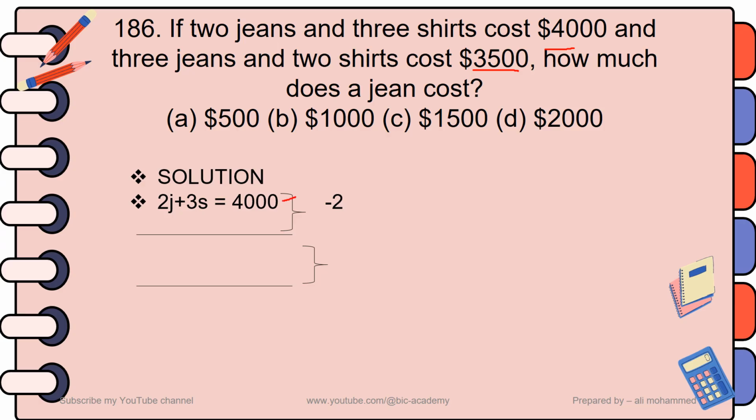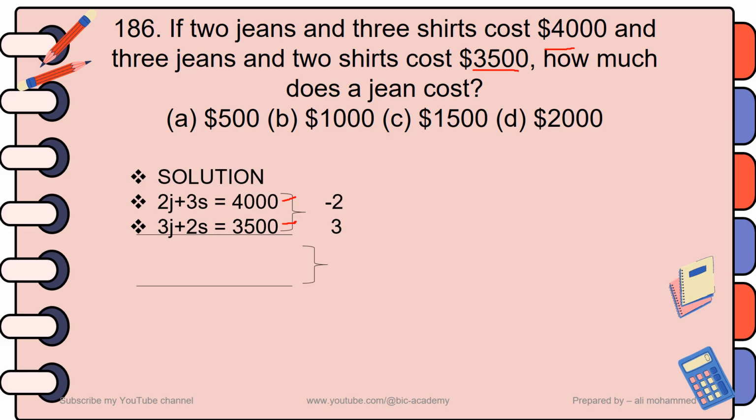That means let's represent jeans by J and shirt by S. So from the first information we have 2J plus 3S equal to $4,000. Again, from the second information, that means three jeans and two shirts cost $3,500, you can have the equation 3J plus 2S which is equal to